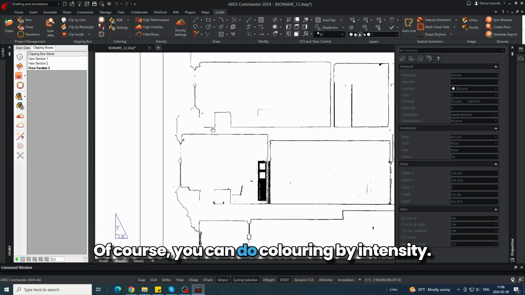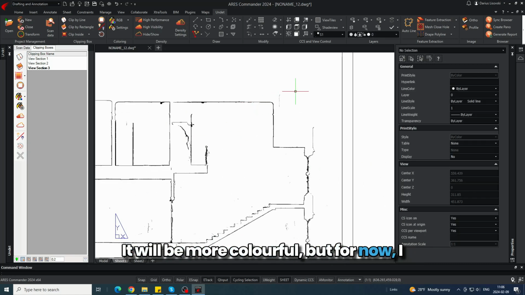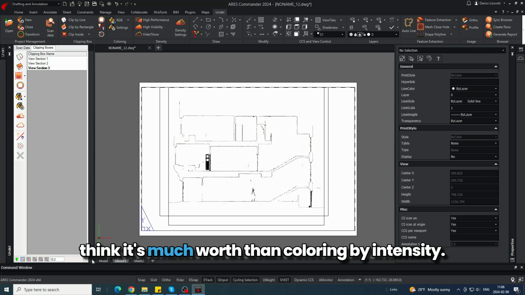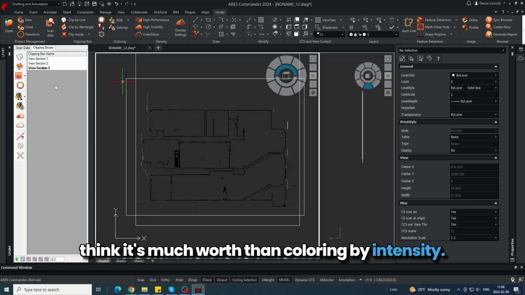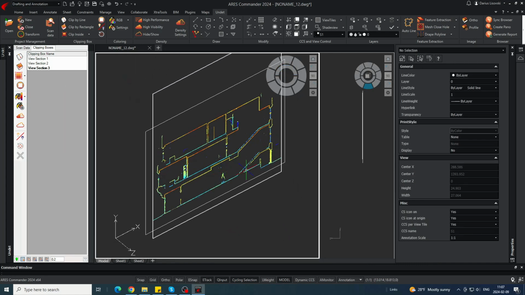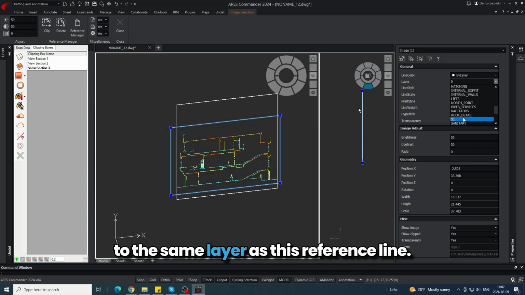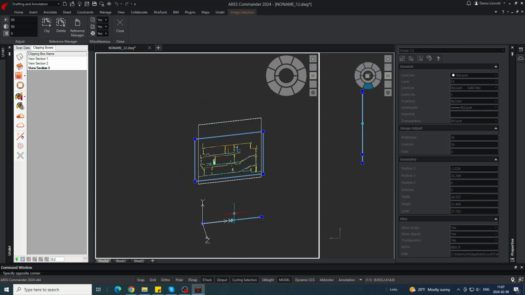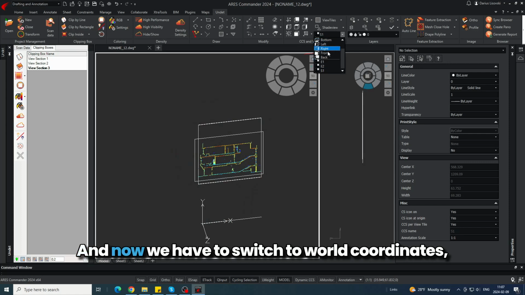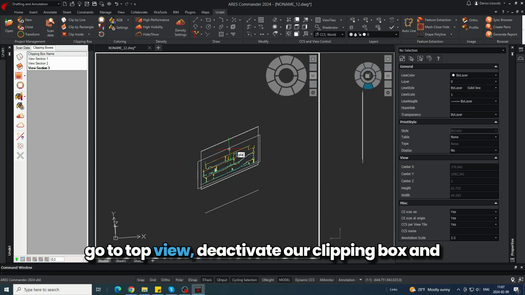Of course, you can do coloring by intensity. It will be more colorful, but for now, I think it's much worse than this coloring. It's just better visibility. So this image has to be set to the same layer as this reference line. And now we have to switch to world coordinates. Go to top view, deactivate our